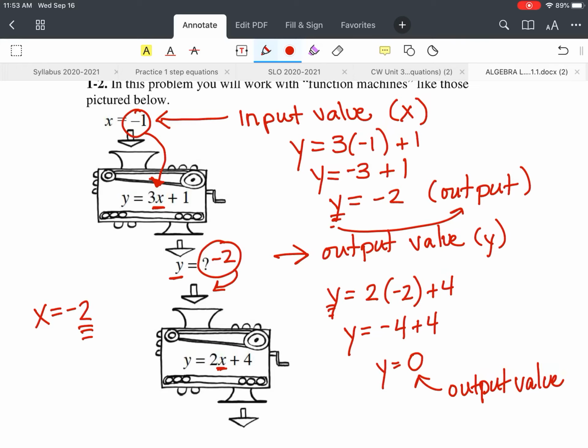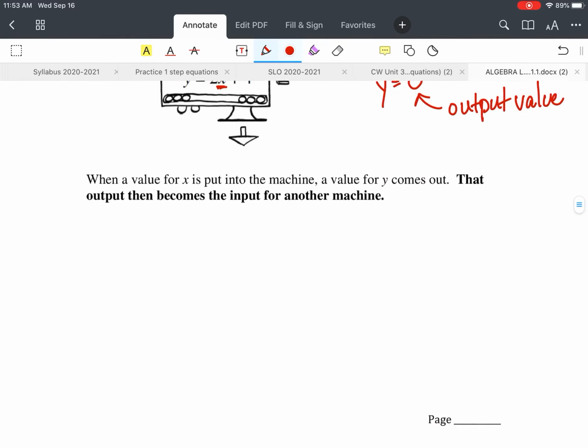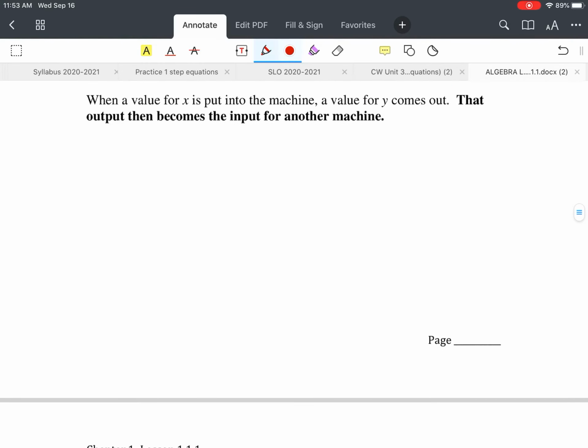And in this case, we had a -2 come out of the machine, but then we were dropping it into the machine, so it becomes an input value as well. Sliding down. And feel free to pause this video at any time so you can continue to take notes or think things through. It says when a value for x is put into the machine, a value for y comes out. That output then becomes the input for another machine. So we're just going to take a quick little note here, and we're just going to state in a function,